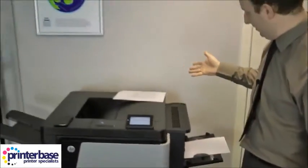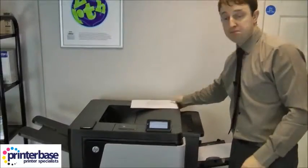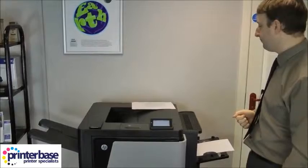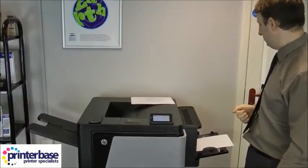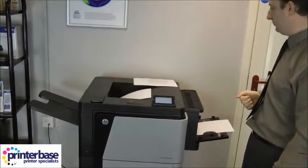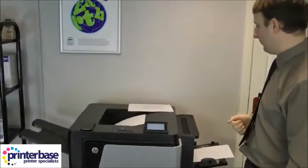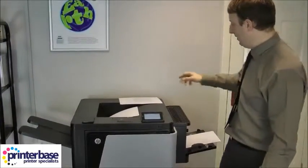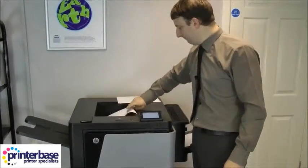Okay, and it's going to take it. It's pretty quick to print, as you can see. Any second now it's going to pull them through. Okay, so